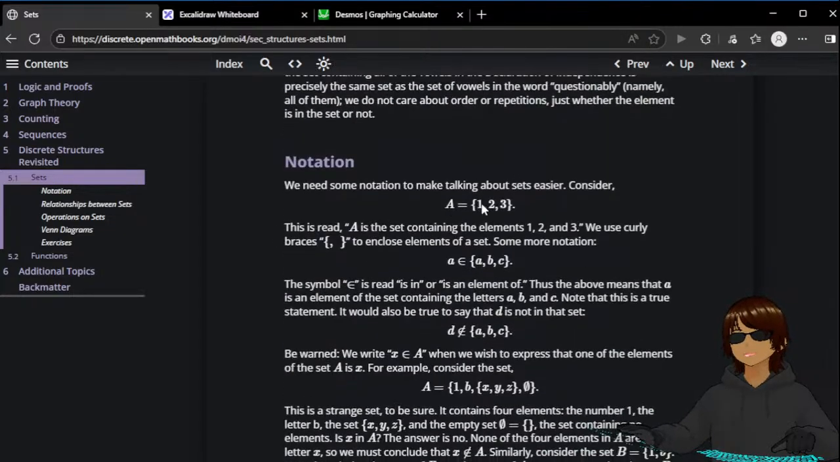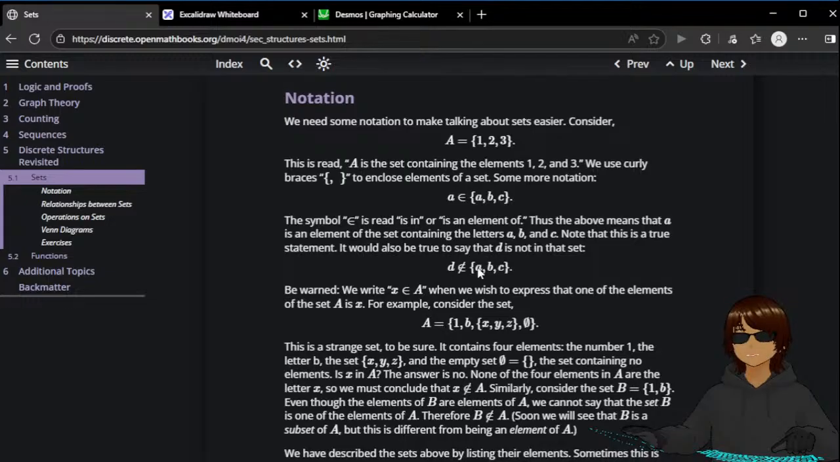So consider A = {1, 2, 3}. This is read as A is a set containing the elements 1, 2, and 3. Use curly brackets to enclose elements of a set. Some more notation: A is an element of the set {A, B, C}, and D is not an element. We write x ∈ A when we wish to express that one of the elements of the